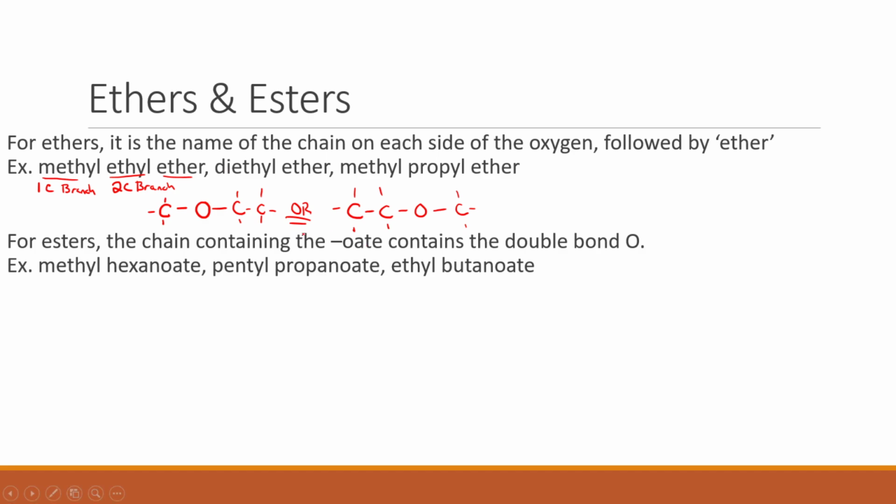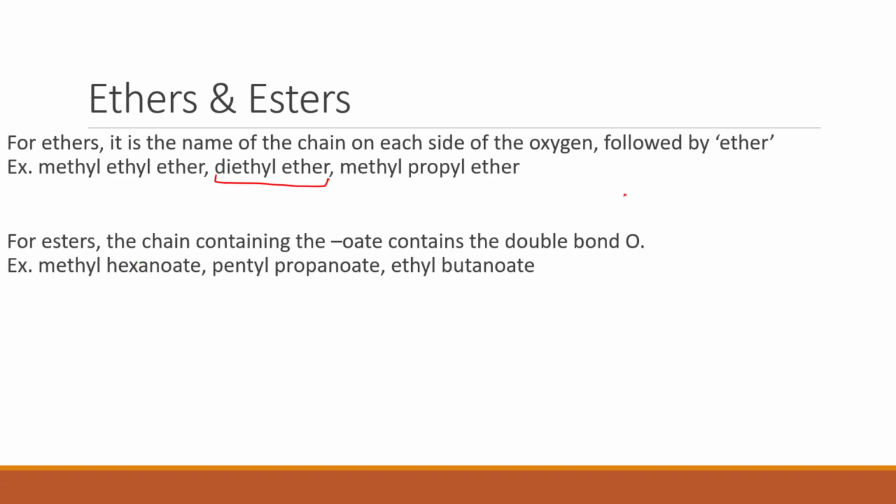For the next one, we have diethyl ether. Ether tells me that there's going to be an O connected to two branches. I recognize ethyl, right? That's a 2-carbon branch. But diethyl